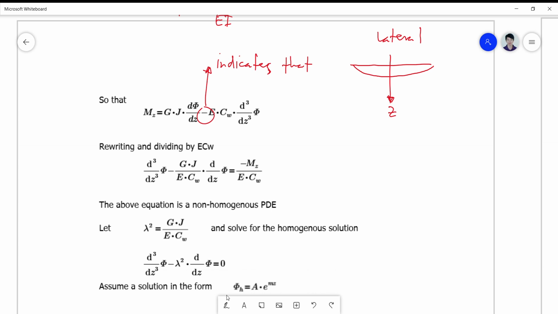Okay, so if we rewrite now and divide by ECW this equation, you will notice that I moved